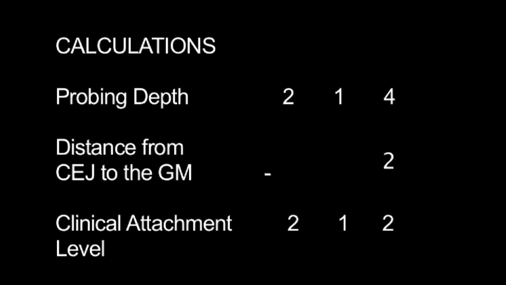To calculate the clinical attachment level for this tooth with a pseudopocket, we now subtract the distance between the CEJ and the gingival margin from the probing depth. After subtracting, we find the clinical attachment level to be 2-1-2. Again, the clinical attachment level is providing us more information than the probing depth. Looking at the probing depth alone, the clinician may assume that this patient has a large pocket with apical migration, but there is no apical migration because the clinical attachment level is less than the probing depth, indicating a pseudopocket